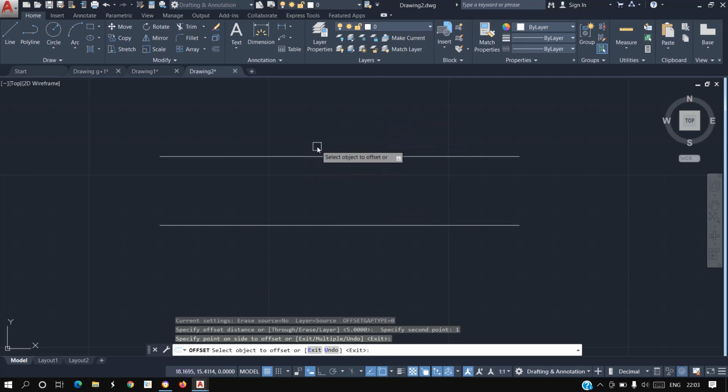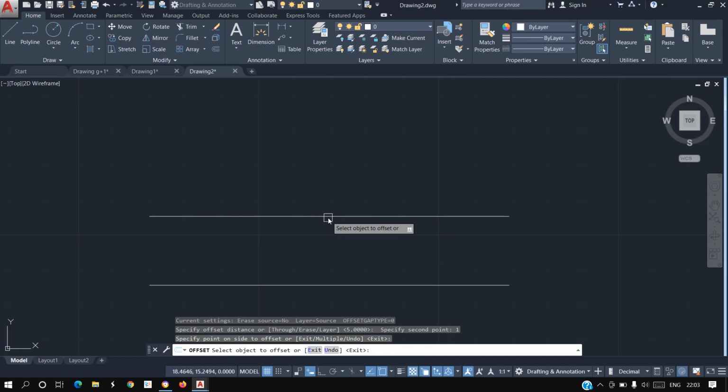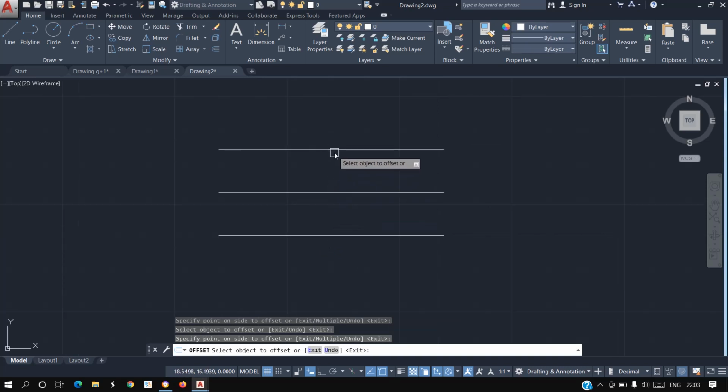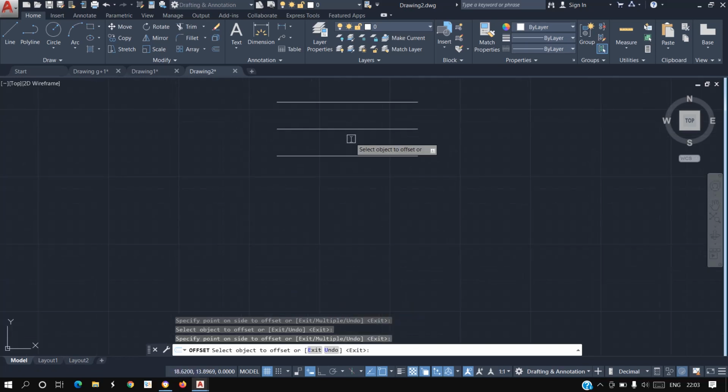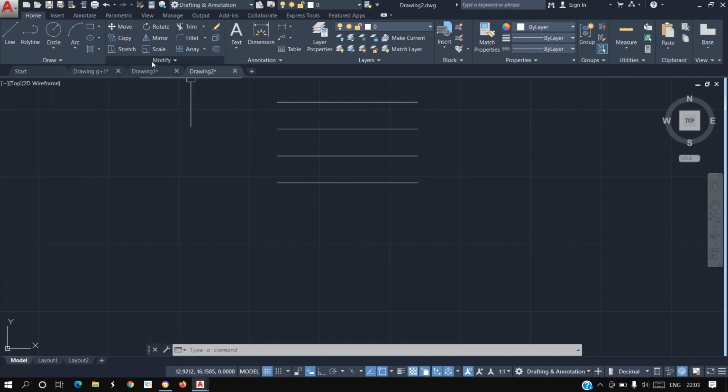A parallel line will be created. Also, you can make a parallel of this line too at 1 meter. Like this, you can draw multiple offsets. Press enter after. That's all about the modify panel.